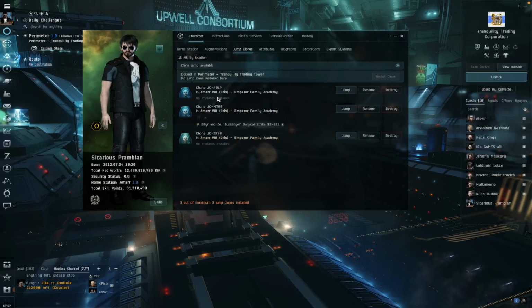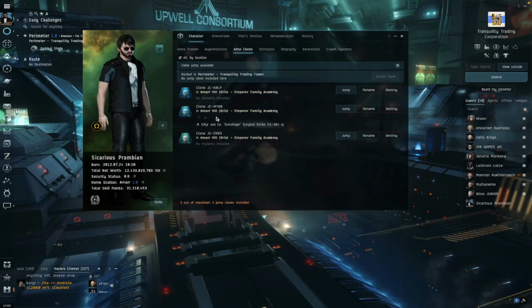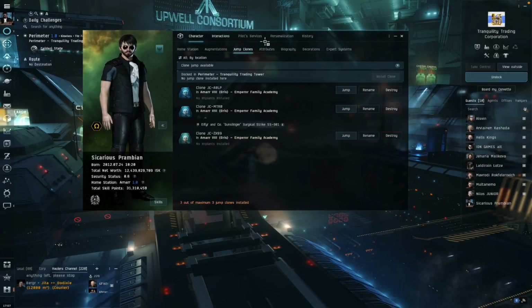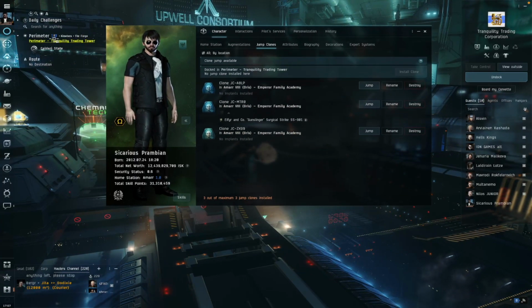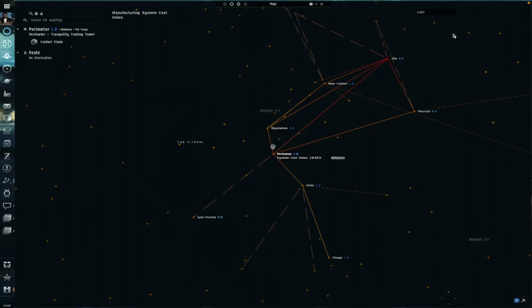So here you can see, if I click on my character sheet, I have a clone. I have 3 clones in Amarr, okay, and I'll get around to talking about why I have 3 different ones. But anyway, I'm just going to go ahead and jump to one of them. And mind you, I am in Perimeter, okay? And if we go to the star map here, and we type in Amarr,